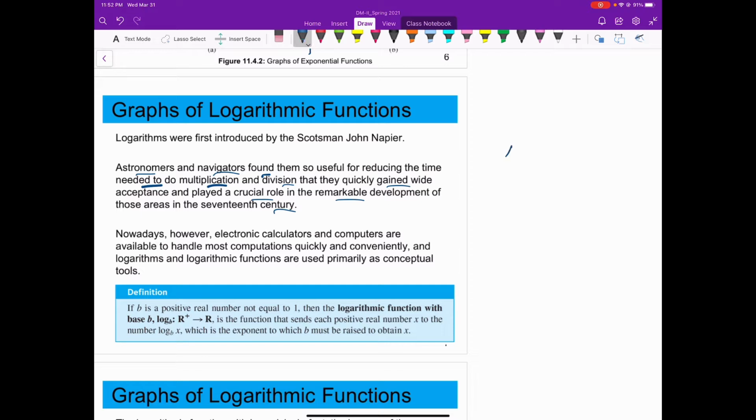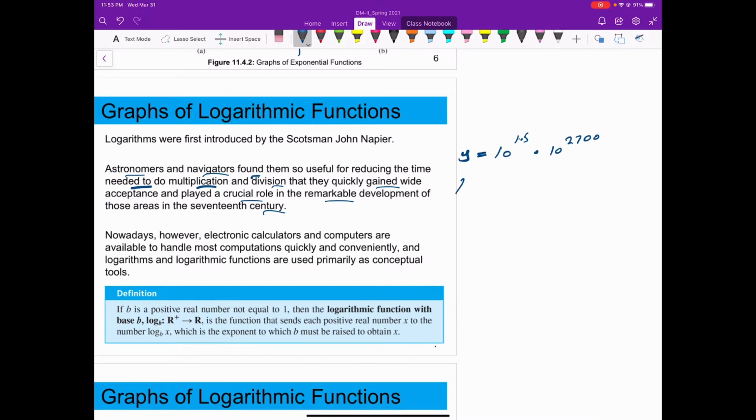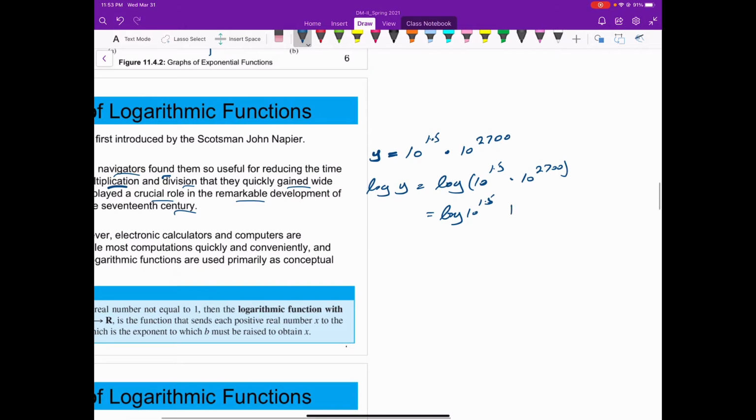As an example, let's say you are asked to compute these two numbers, 10 to the power 1.5 times 10 to the power 2700. So you have to compute this value. Since both are to the base 10, it might be easy for you. But let's say you are not using the approach of bases, the approach of indices. Let's say you are using the logarithmic approach. So you could write this as log y equals log 10 to the power 1.5 times 10 to the power 2700, and then you could write this as log 10 to the power 1.5 plus log 10 to the power 2700, then you could write this as